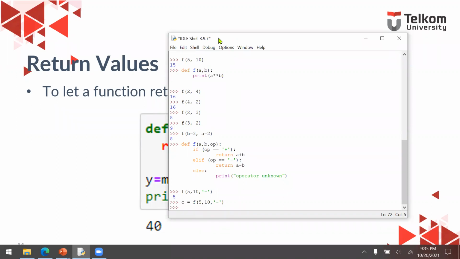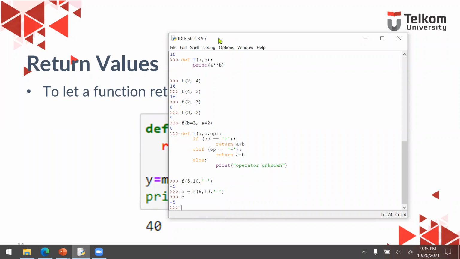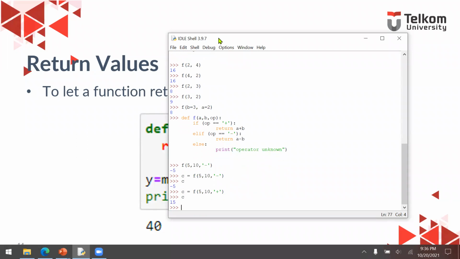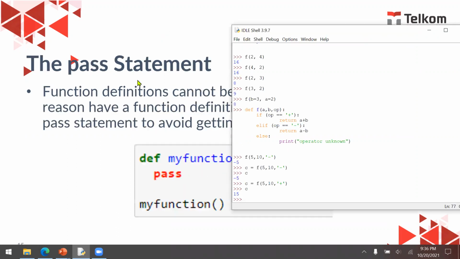Okay, and then C is going to have the value minus 5, which is 5 minus 10. How about C will have the value from function F, 5, 10, addition. Okay, and then C will become 15. Okay, now that's for the return values.